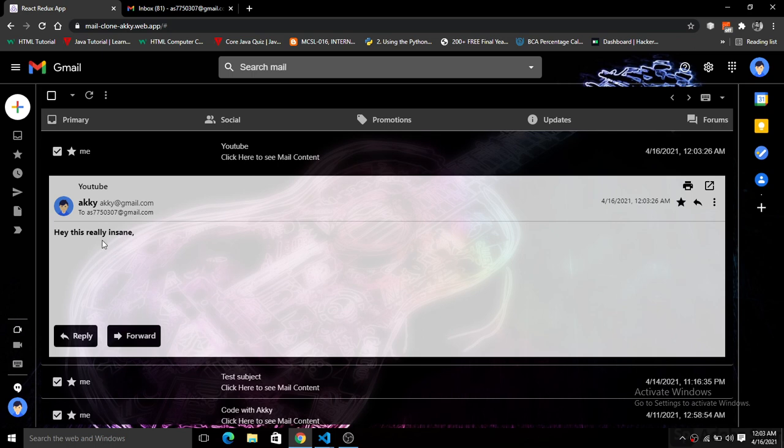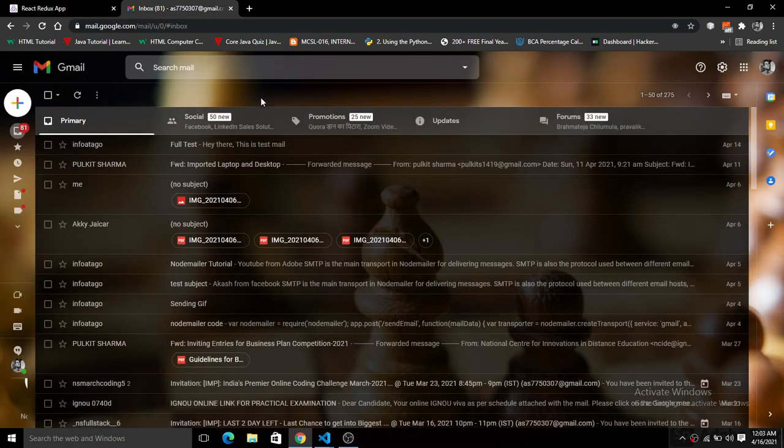Now you can see here, this is really insane, guys. You can see here the timing, the time, right? And here this Gmail there, right? And now I'm going to simply show you the exact content that I have sent through this Gmail application. So here this is my real Gmail. I'm going to simply refresh this, and now you will see the message that we have sent will be coming there.